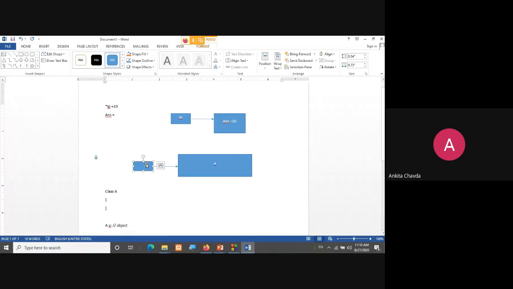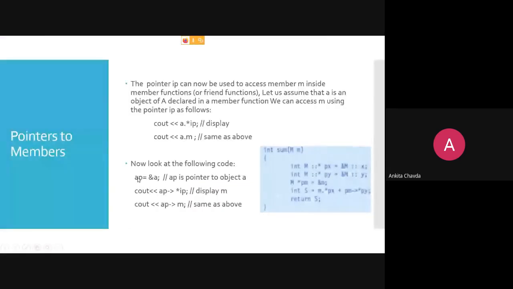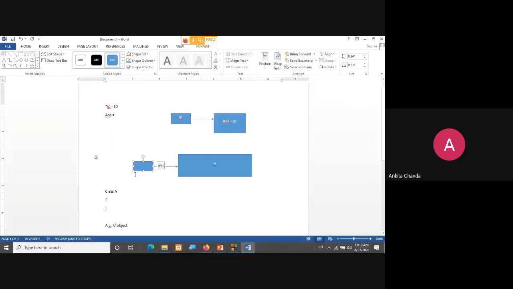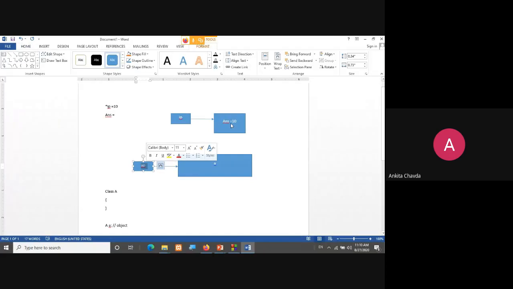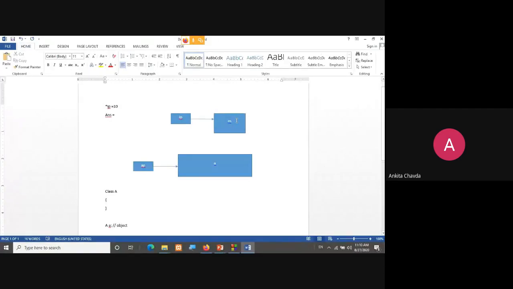And I'm putting one pointer named, I'll keep the same name so there would be no confusion, ap, pointer on my object A. So now via this pointer ap, how can I access this ip and this answer, or you can say M, right? Because we have changed M.